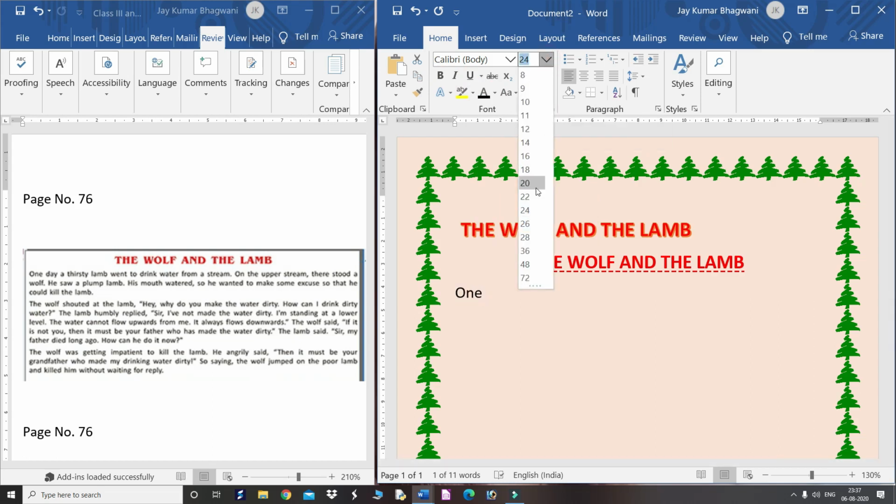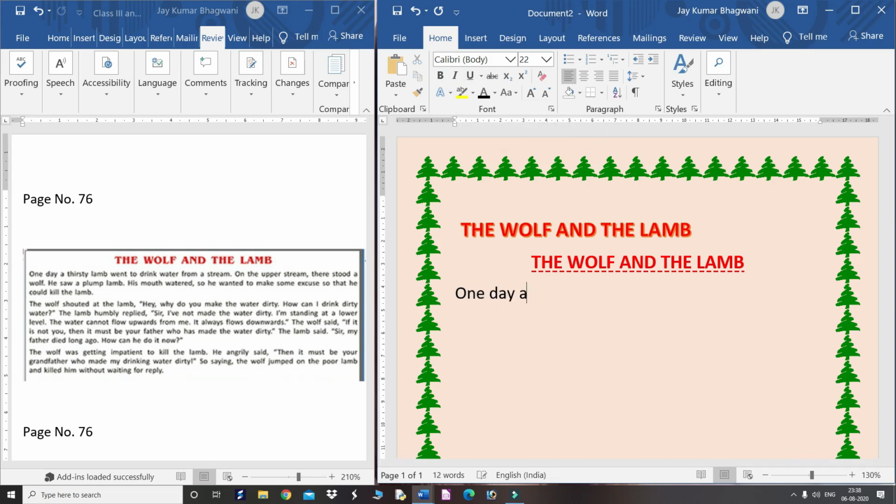So see, all the options you have to use. These are the font options that are very popular and that you have to use for designing this type of stories, right? This is the bold option. This is the italic. Italic means a slanting line will come. And this is called underline. Let us start now.